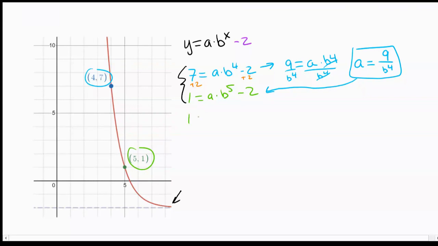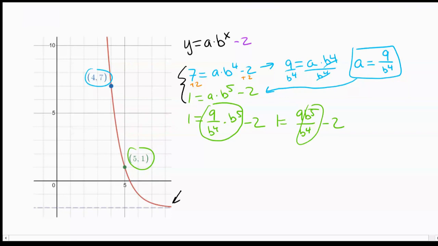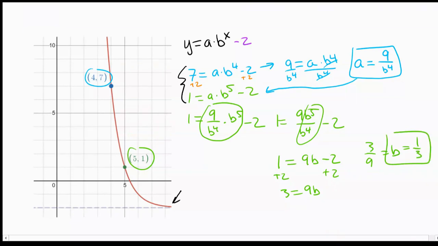So I have 1 equals 9 over b to the power of 4 times b to the power of 5, minus 2. When I multiply these two things together, it's really going to be 9 b to the power of 5 over b to the power of 4. And b to the power of 5 over b to the power of 4 simplifies to just b. Now my math becomes pretty simple here. Add 2, divide by 9, and simplify to get my b value of 1/3,